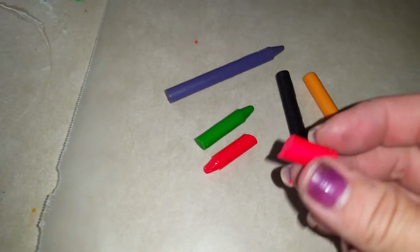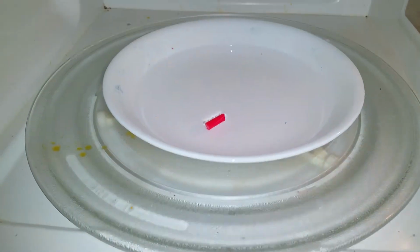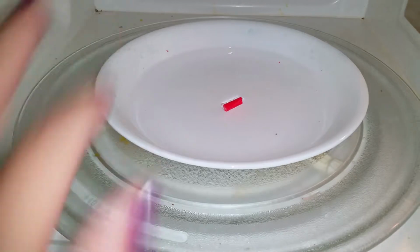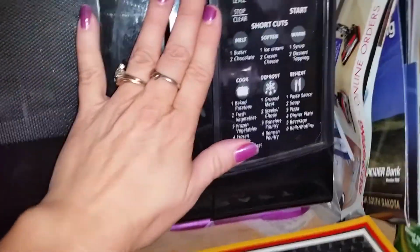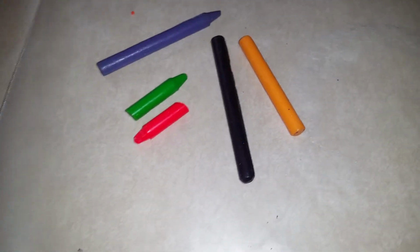Now you'll want to break your piece of crayon and put it in your microwave dish somewhere in the middle. It's going to move as you pick it up, so when it's in the microwave, just try to position it again back into the middle. It doesn't absolutely have to be perfectly in the middle, because it will move again when you go to move it out. Depending on your microwave, you might need to do it for a couple of minutes. I did it just for 1 minute right now, but while that's heating up, I wanted to show you a quick